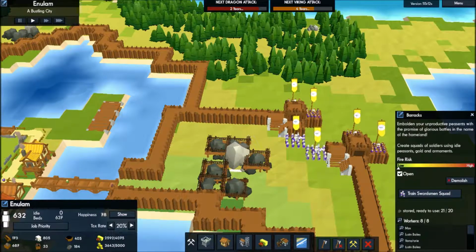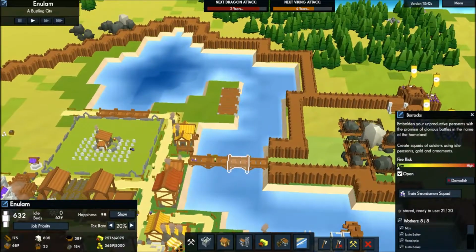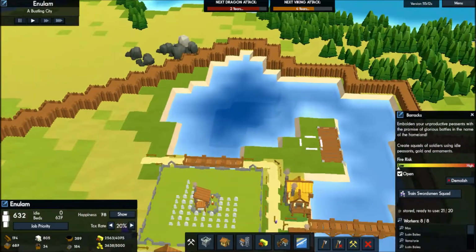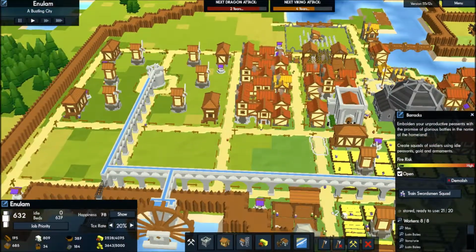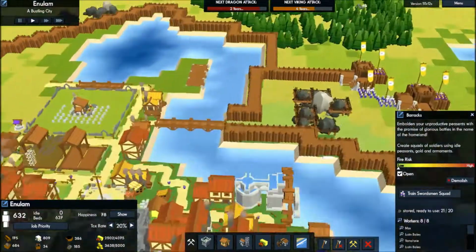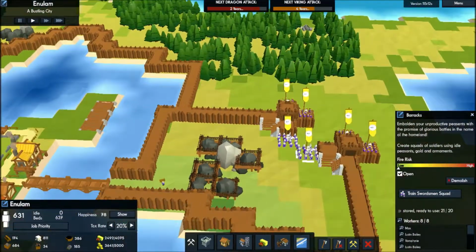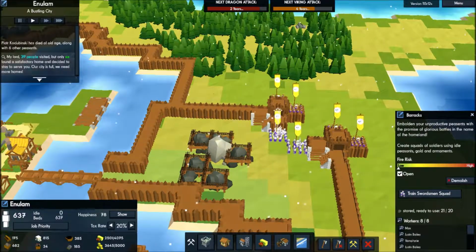Though, as I've mentioned before, if we want any more stone, this is the best location for it. Which is just not a best location, period. That's mostly just an annoying location. So I'm not sure how we will deal with that. Though, like I said, we also...